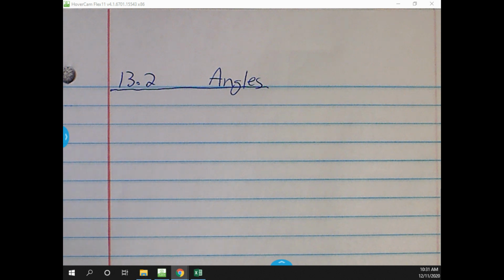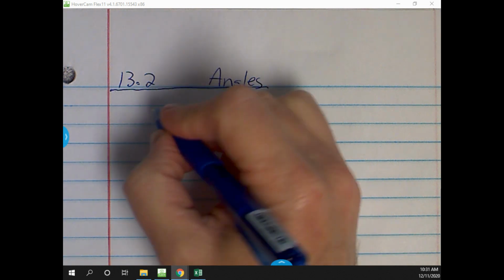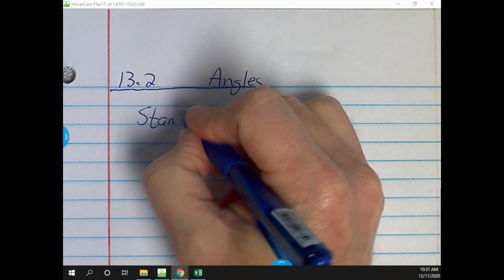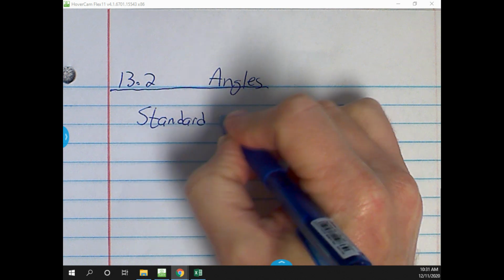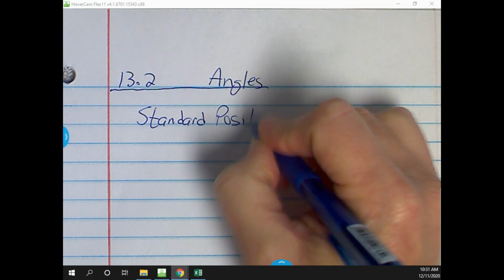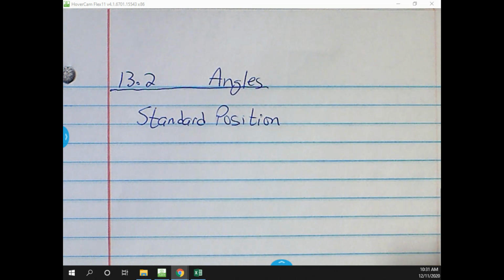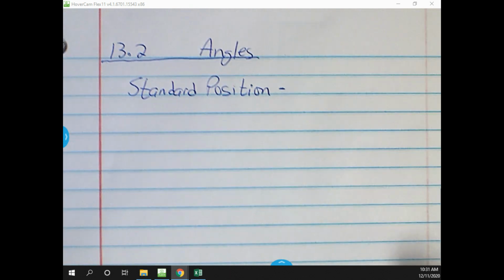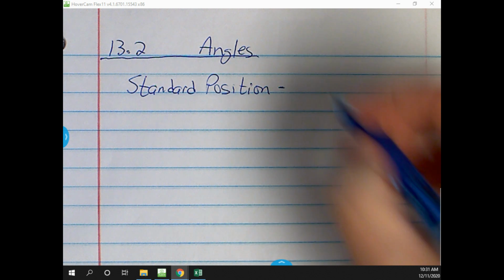Okay, so for 13.2, we're going to hit a couple of different sections today. 13.2, we're going to talk about angles. The big thing with angles is they're going to talk about standard position. And basically it is this: when we're talking about everything here with the angles, standard position is when an angle